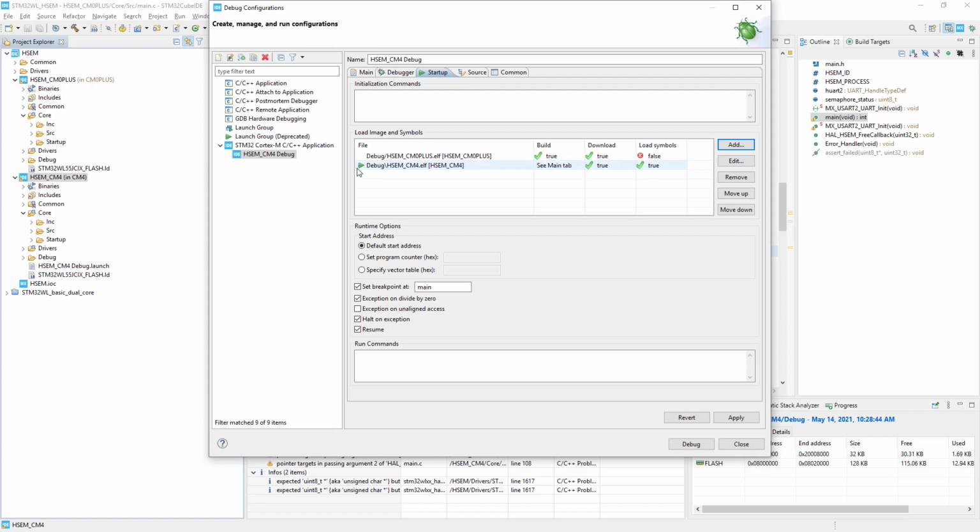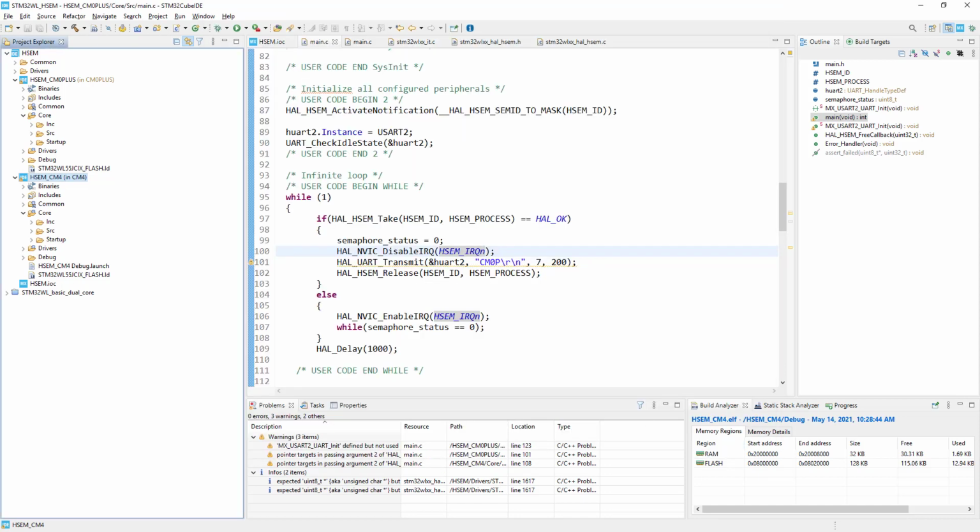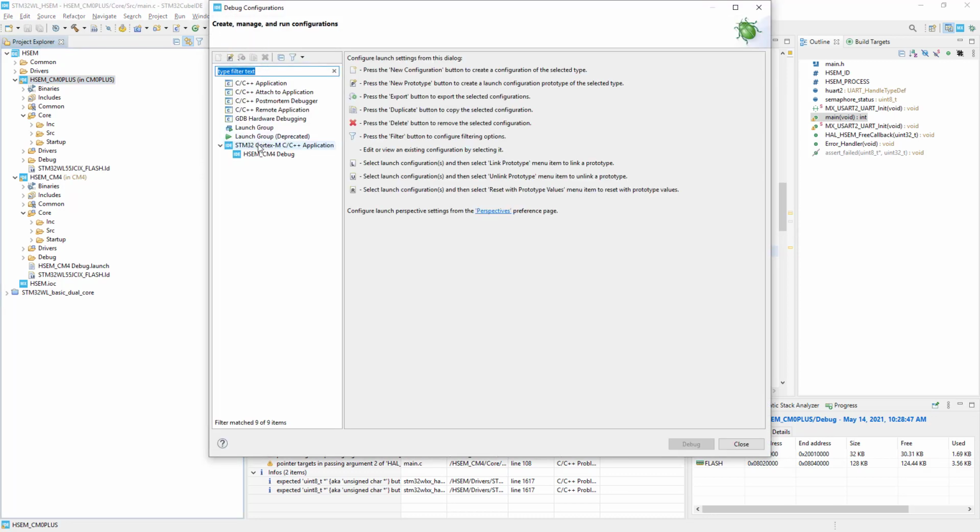Important point is to have this arrow next to Cortex M4, because we would like to start the project, the code, from Cortex M4 core, as it is in fact activating the Cortex M0 Plus later on. I click Apply. I will not start the debug yet. Click Close, and then I would highlight Cortex M0 Plus, again down arrow next to the bug icon, debug configurations,